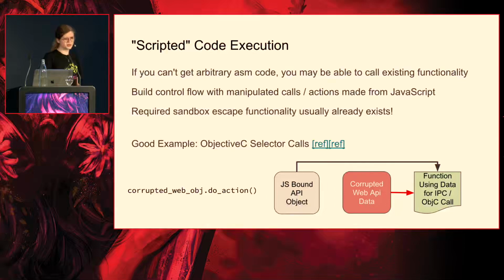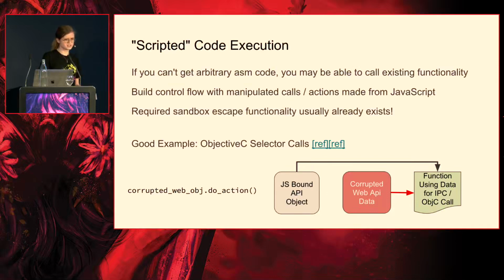So what you might want to look for is things that you can call from JavaScript, usually through some bound API, like one of the many, many web APIs that exist, and then corrupt the data that that API uses in some way to create an outcome which is favorable to you. We call this scripted code execution because you're not getting actual code execution. You're still in your JavaScript script, but you're calling and using these different functionalities that already exist